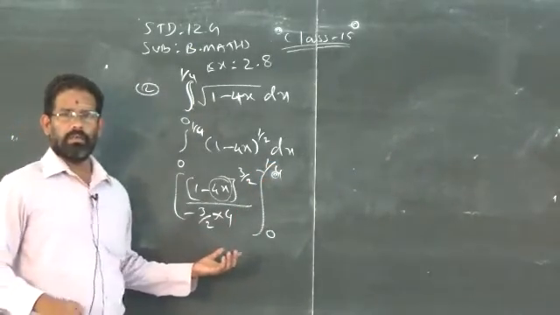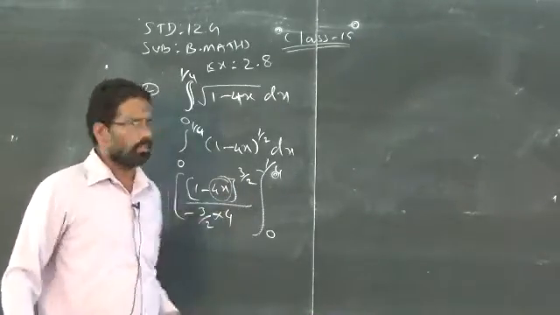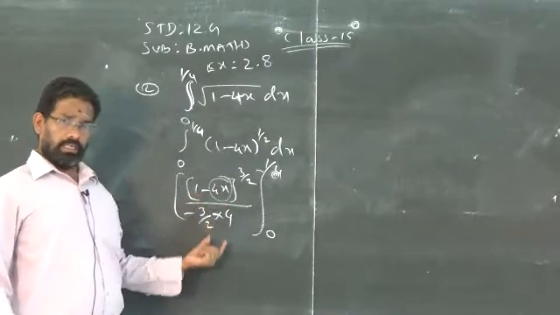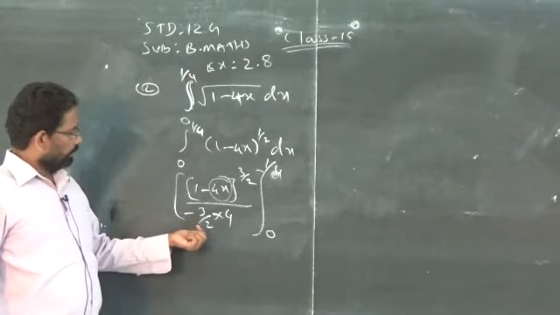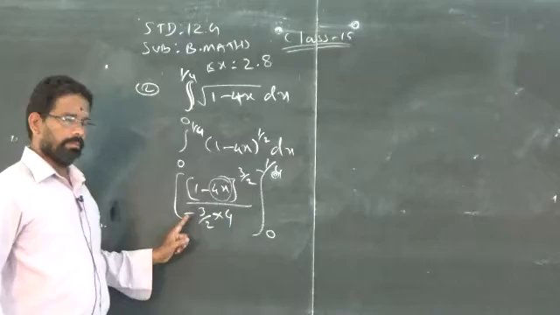This you know already, in the previous exercise number 2.1 itself we studied. If it is a linear function, you have to add the power and differentiate the function which is inside the bracket and write it as a divisor. 4 into 3 by 2, the differentiation of minus 4x is minus 4, so that minus.